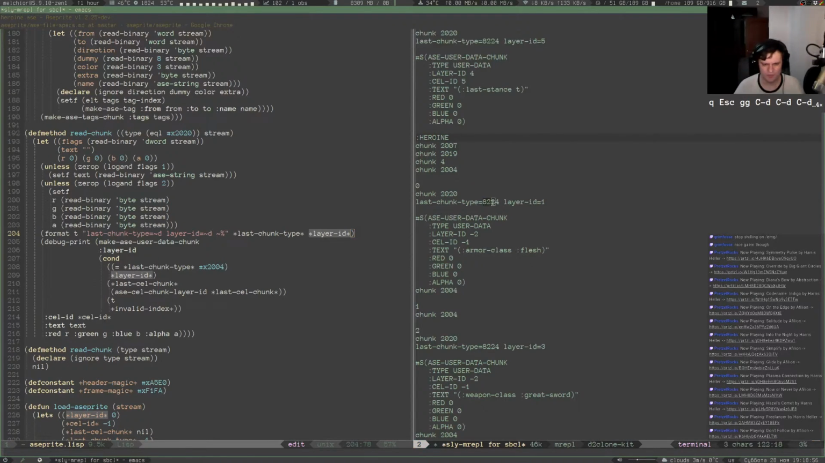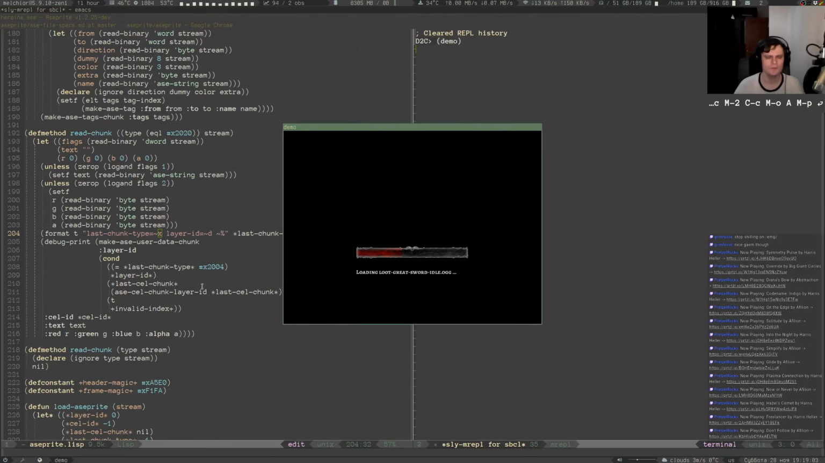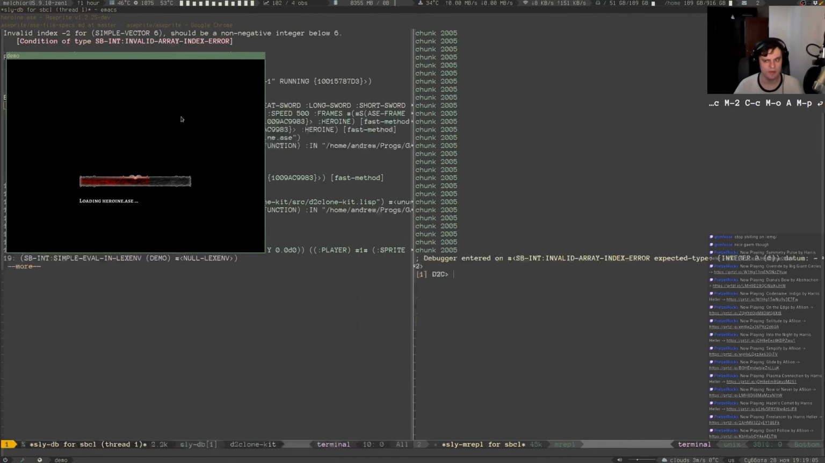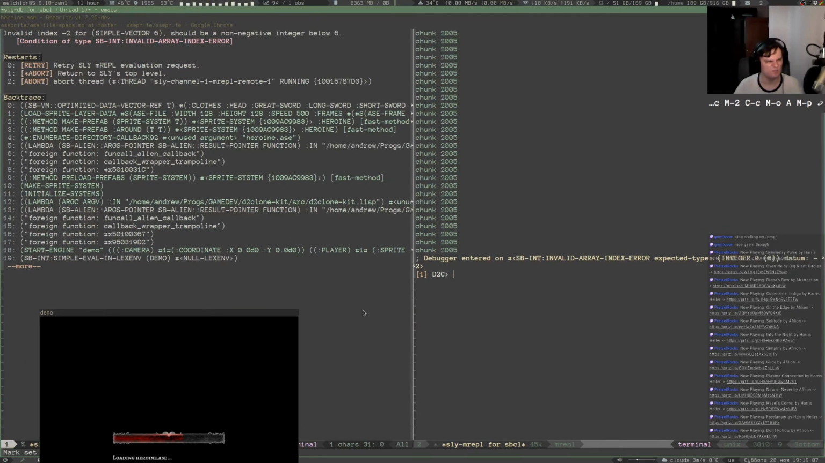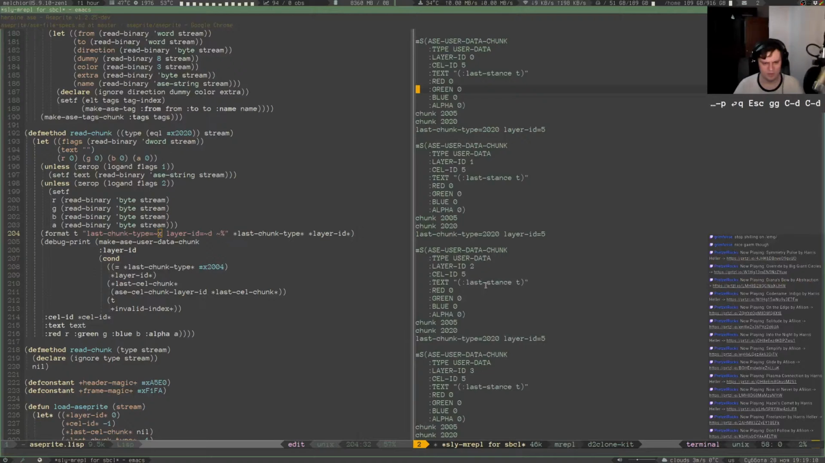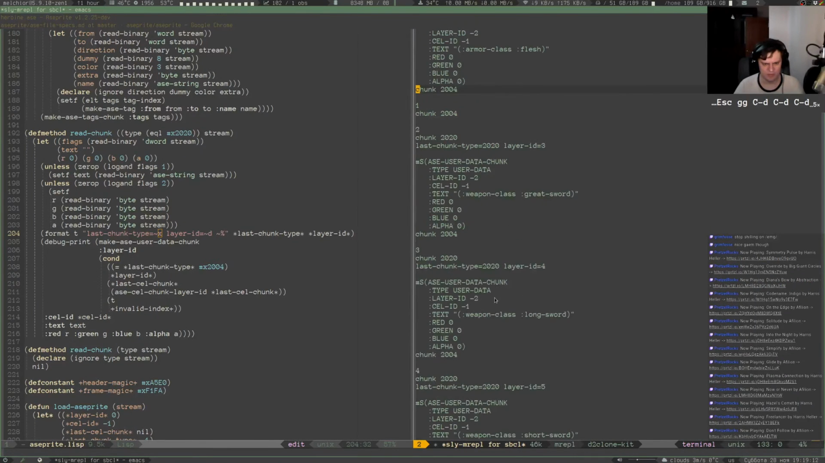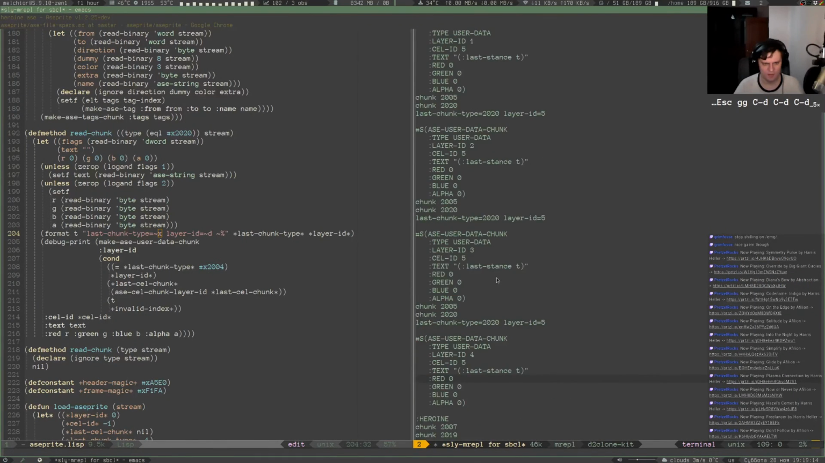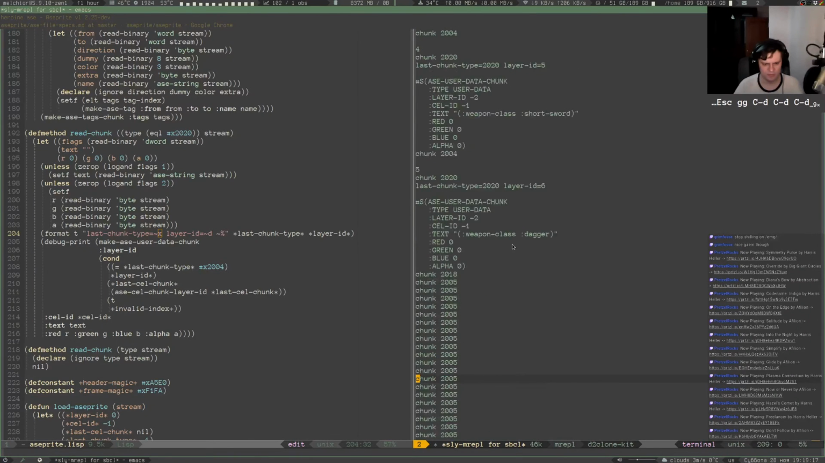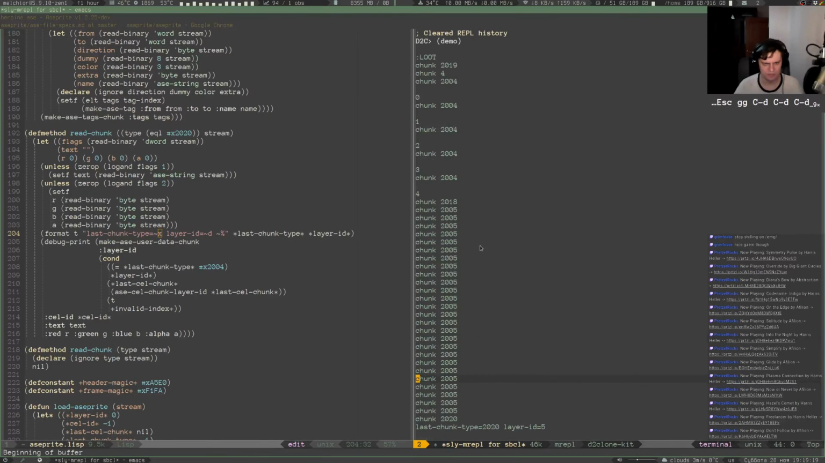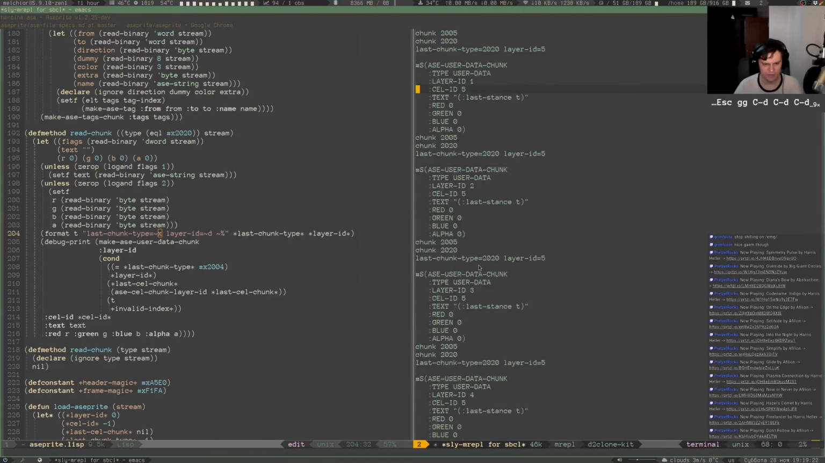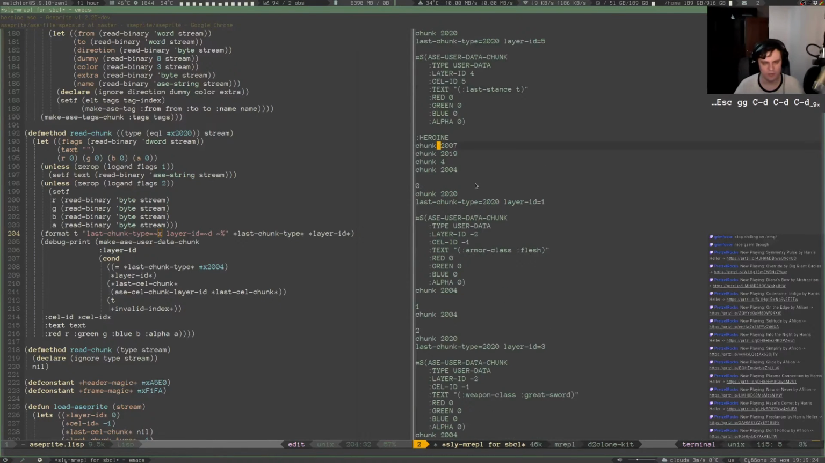Damn it, I should have used hexadecimal. Okay, just one sec. Just for the clarity of it. Alright, so where is that? I've lost it. Damn it, where is that? Loot, and then here we go. So 0, chunk 2020, then last chunk type 2020,